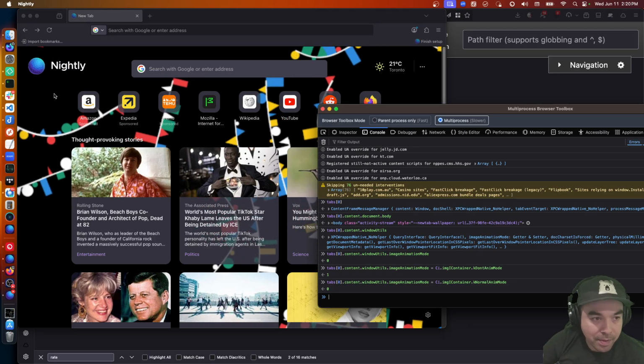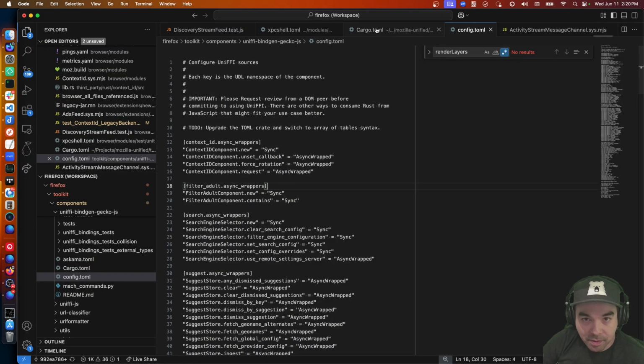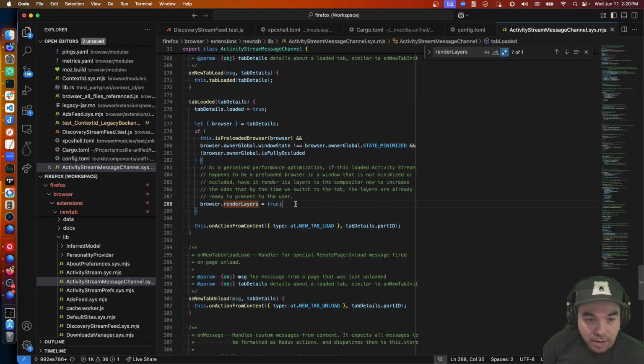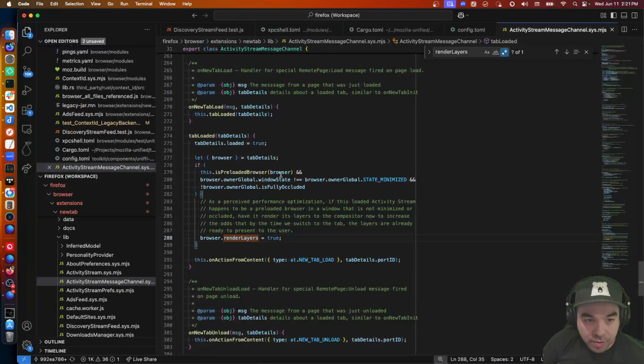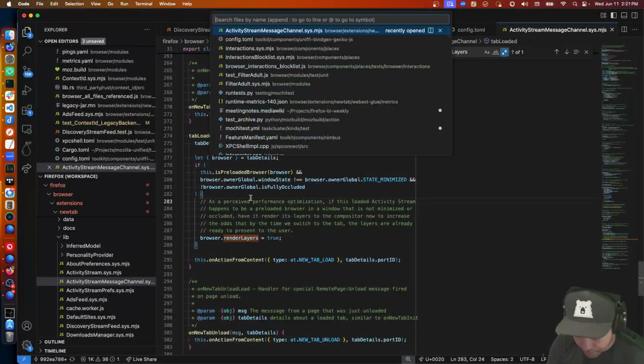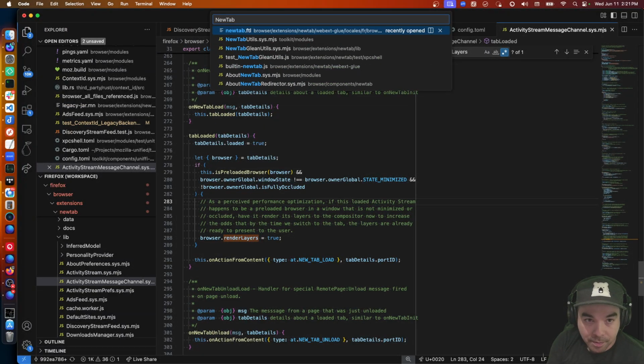How hard would that be to... Let's see if we can sort of hack that out. Browser render layers is true. We have to do this in the content process. That's kind of annoying. New tab child.